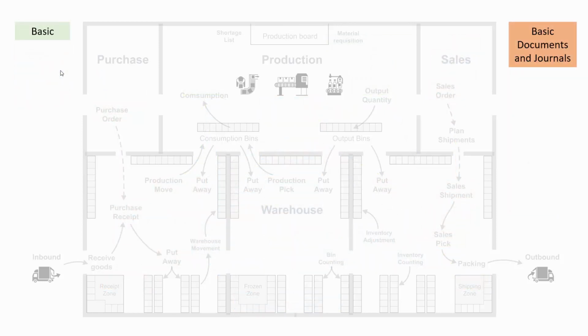First of all, the basic documents, meaning if you don't have any check marks in your location, you have the production order, which of course requires the extended license from Microsoft. And when you use production order, you can consume from a consumption journal or output in an output journal, or you can use the production journal directly from the production order to perform both the consumption and the output. These are the basic documents when you don't use bin and you don't use any check marks on your locations.